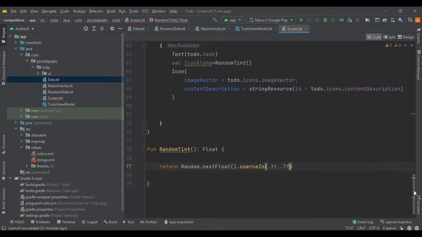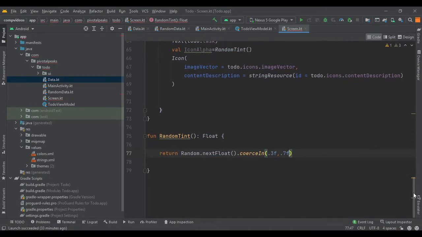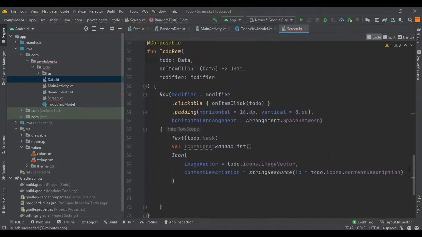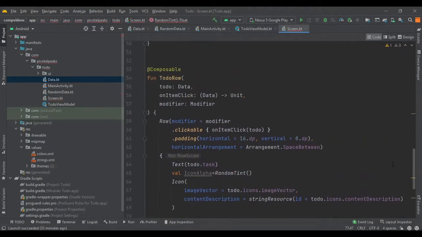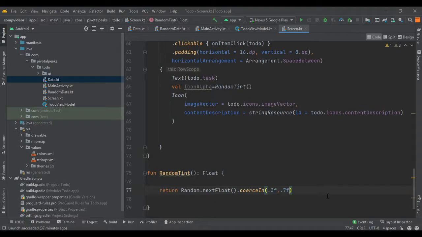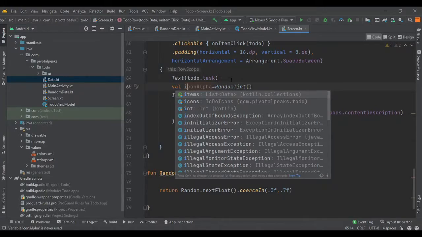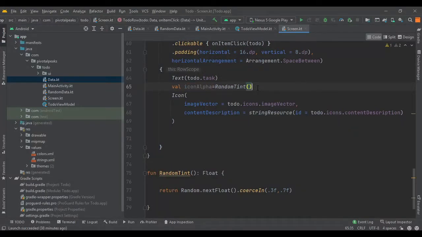So now that we have our 0.3f and 0.7f, then we need to set this tint to our icon. But let's quickly change this to a small i because it was not in coding convention.